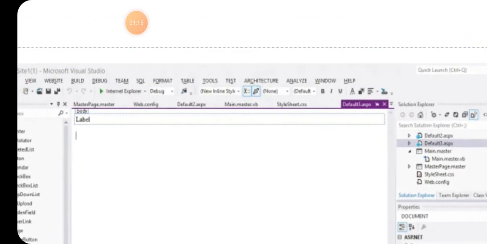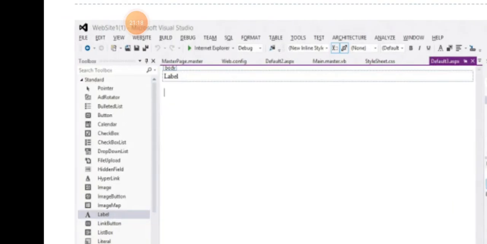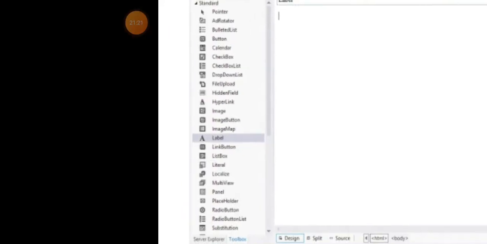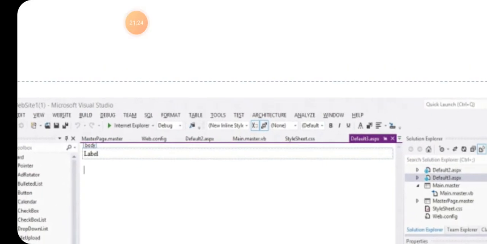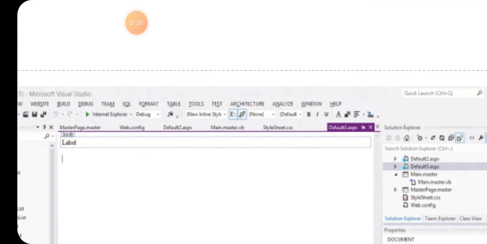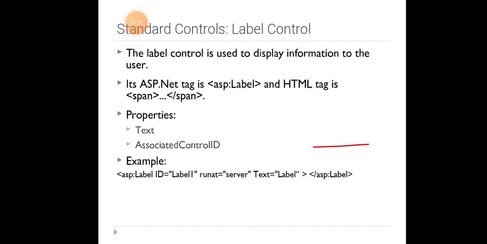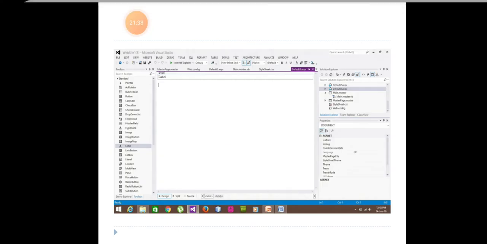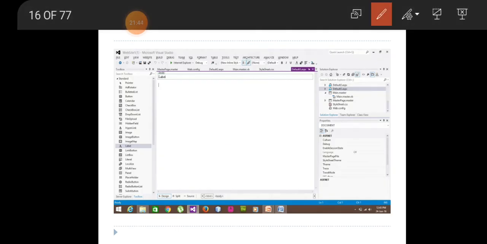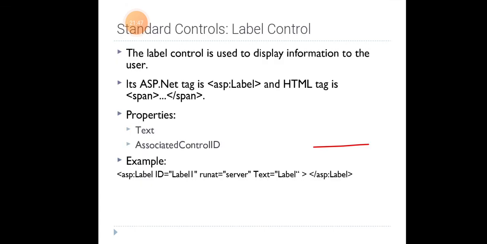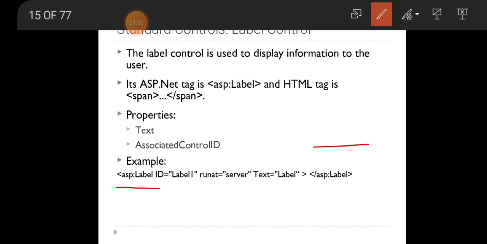Here is an example. This page, this is the toolbox, and this is the label box we are placing. While we place the label box here, it will automatically generate the source as asp:Label ID equal to Label1, runat equal to server, Text equal to Label.